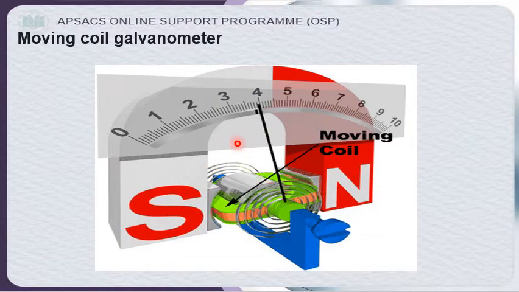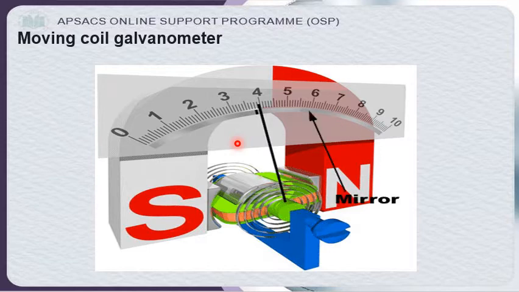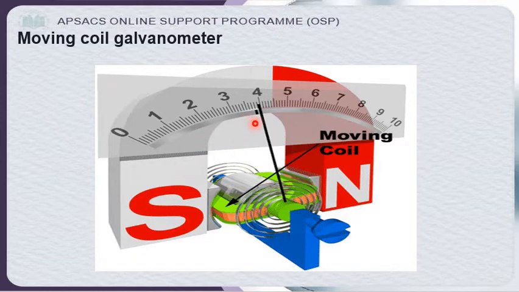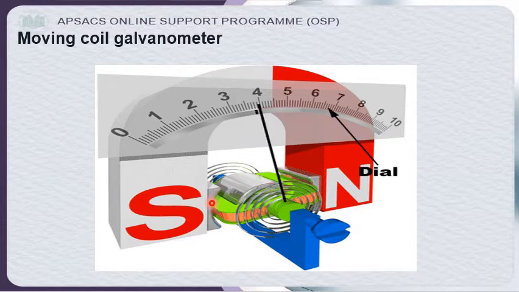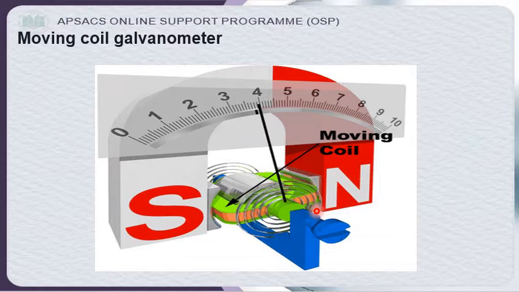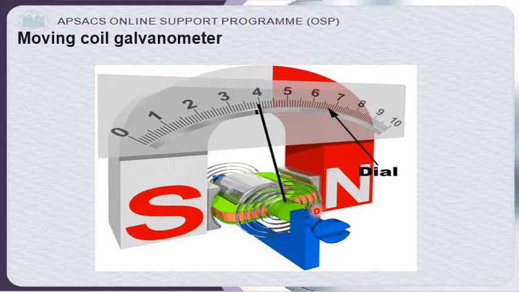Now for the construction of moving coil galvanometer, it is a simple animated video in which you can understand the construction. Number 1, this is a permanent U-shaped magnet having north and south pole, and you can see this is the concave shaped magnet, or we can also say it is for radial magnetic field. Now what is the meaning of radial magnetic field? I will tell you in the coming slides.